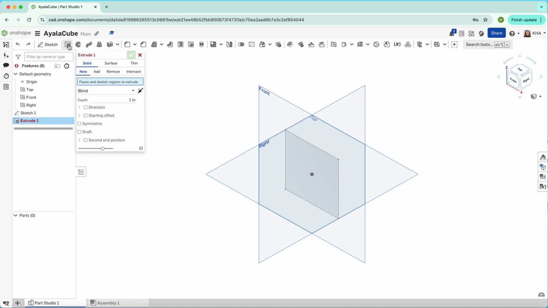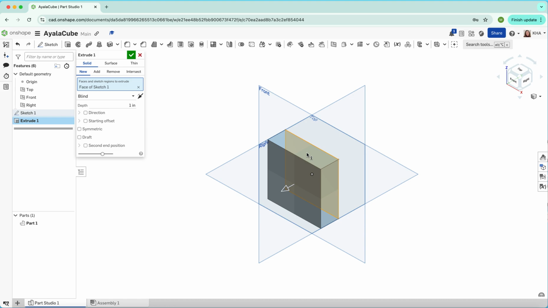When I click on extrude, notice I have this blue box that highlights the fact that I need to choose a face or a sketch region to extrude. So I'm going to click right on my last sketch, this square right here. This is the face that I want to extrude. So I'm going to click on it now, and